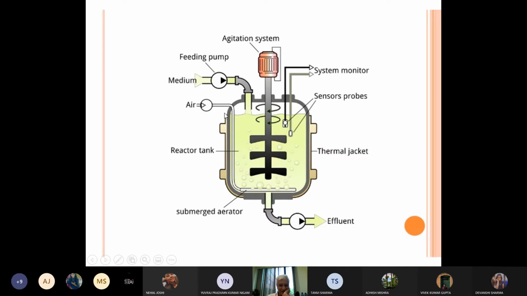Here there is an aeration port which you can see which goes to the down, and always the aeration is always from down to up. Can anybody tell me what will happen if I put directly a thermal jacket?